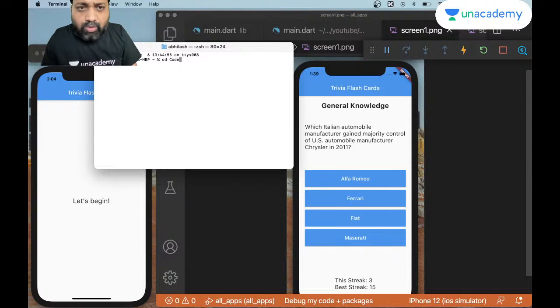So I'm going to CD into code, which is where all my folder is. And I type flutter create, and the project name that I want. Let's say I want a project name called FlashCards Trivia or Trivia Flashcards. Whichever name we pick, if I hit enter now,